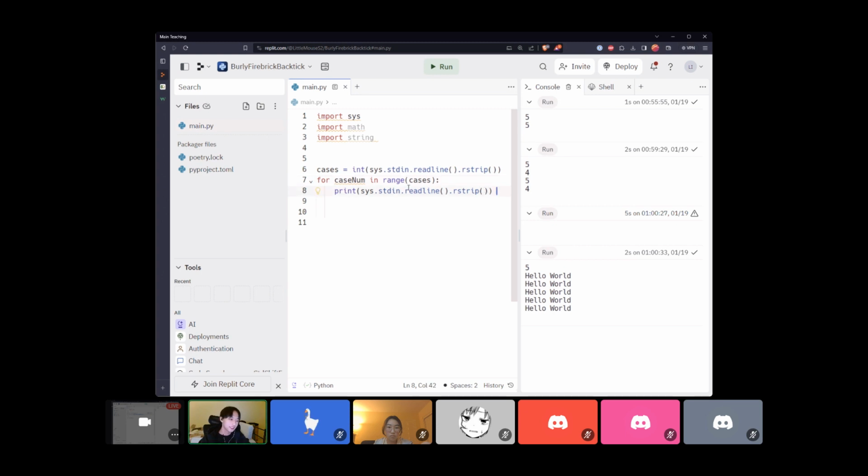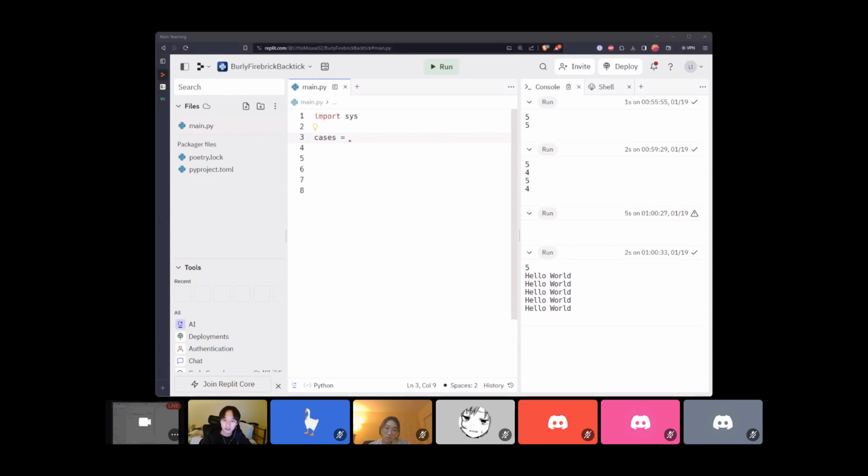So if you see here, let's code this from the beginning again. So you don't need these two. We'll just start from the beginning. We'll do cases. So this is the number of cases. So we're naming it cases here. Cases equals int